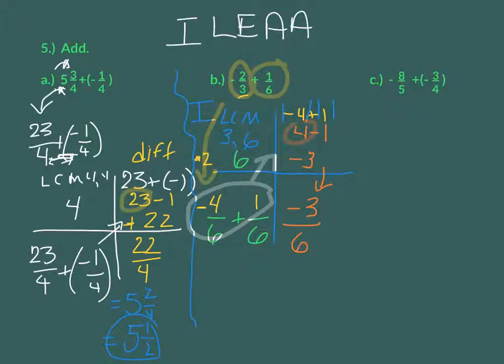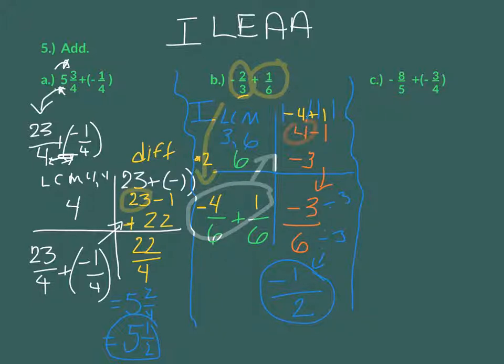Now that, of course, is the correct answer, but I should notice that there's a gazinta that 3 and 6 share. The gazinta they share is 3. So if I divide top and bottom by 3 to reduce it, -3 divided by 3 is -1, and 6 divided by 3 is 2. So the answer is -1/2. So far, so good. Next problem we have is